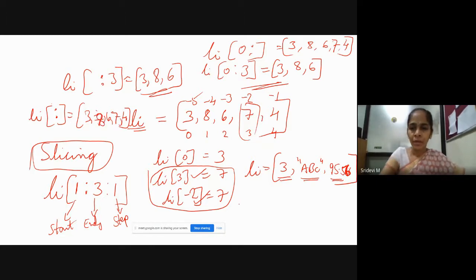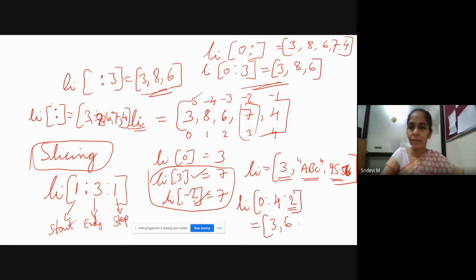Right? Now if you want to step the values, say 0, and I want to retrieve the elements till 4 with a step value of 2. Means I have to skip every alternative element. In this case, what will be the result? I am starting from the beginning of the list, so 3. But when I am going to the next element, I have a condition that I have to skip one element. Alternative element has to be retrieved. So the next element will be 6.